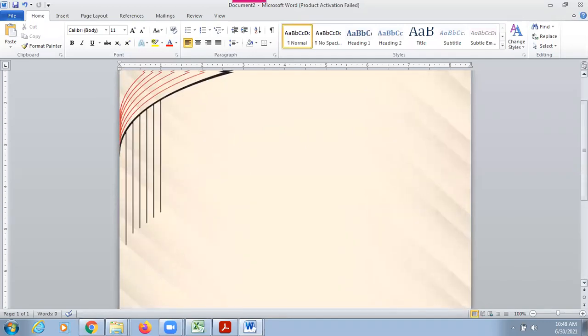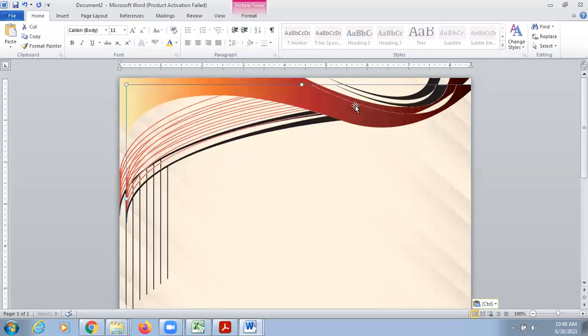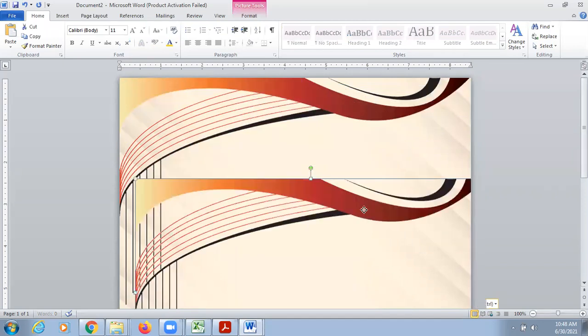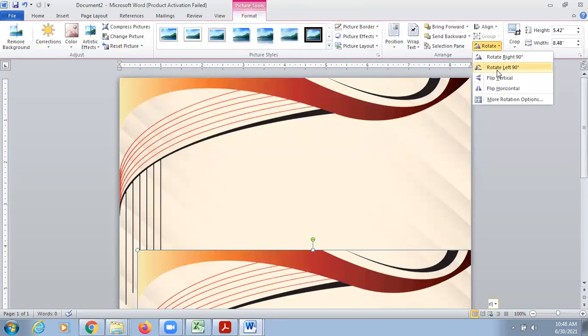Now the same border you can place at the bottom also. So copy this border and paste it one more time. Now shift it and rotate it. Go to the format tab and rotate.